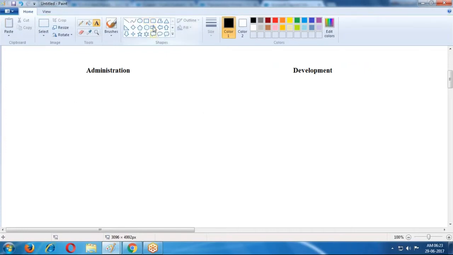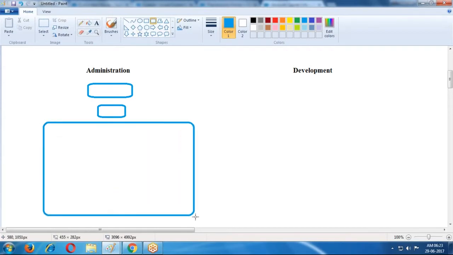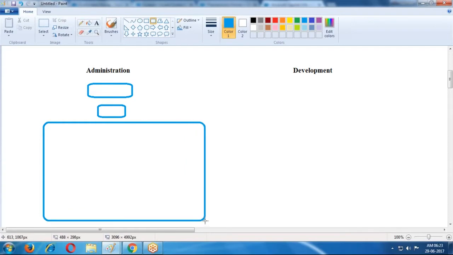In the administration we have one button, account is the button. After clicking the account, then the new button. After clicking the new button, we have one form. There is one button, save is the one button.